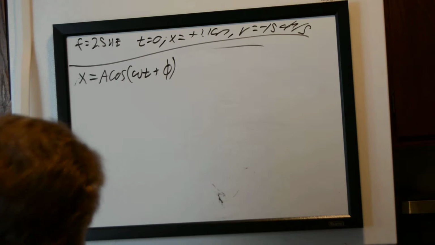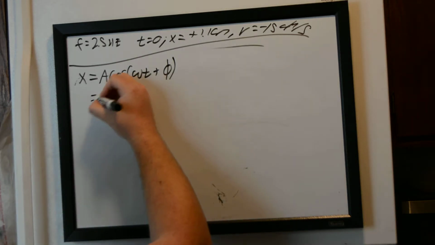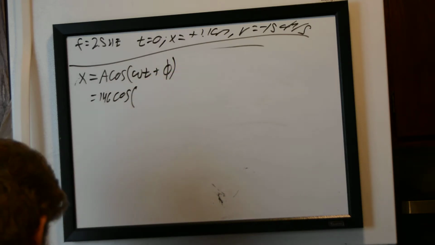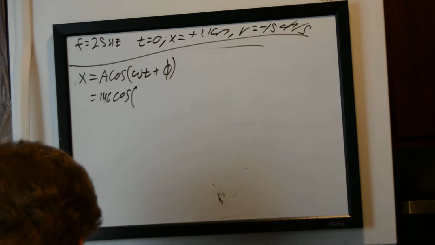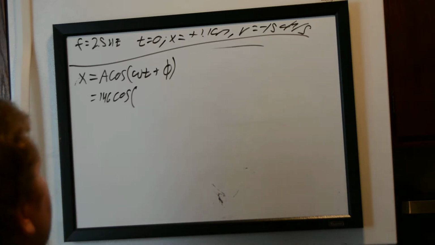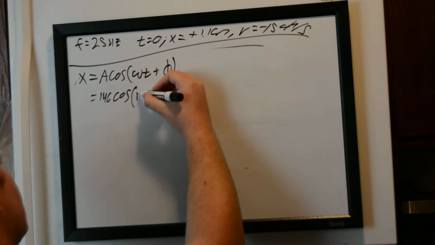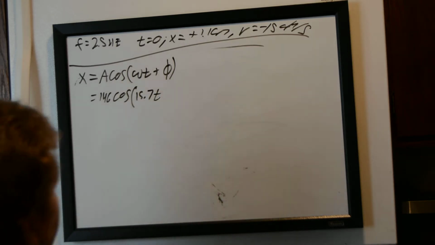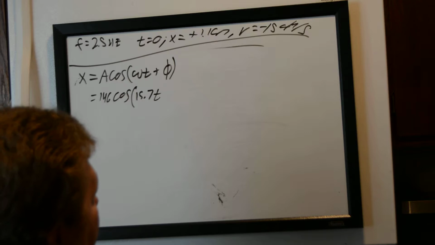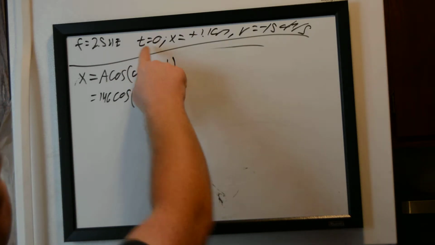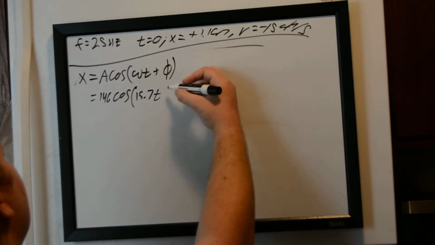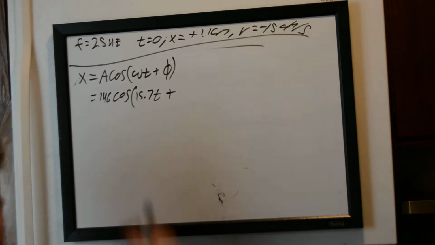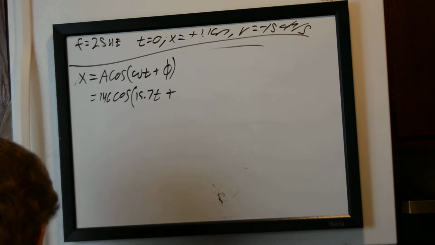So we know our amplitude from the previous problem is 146 centimeters times the cosine. And here we also know our angular velocity is 15.7. We'll just round that up from 15.71, times our time. And for the first part of the problem at t equals 0, this is just going to be phi. But at any other time, we'll be able to find the position because that's going to be our one unknown variable. And phi,